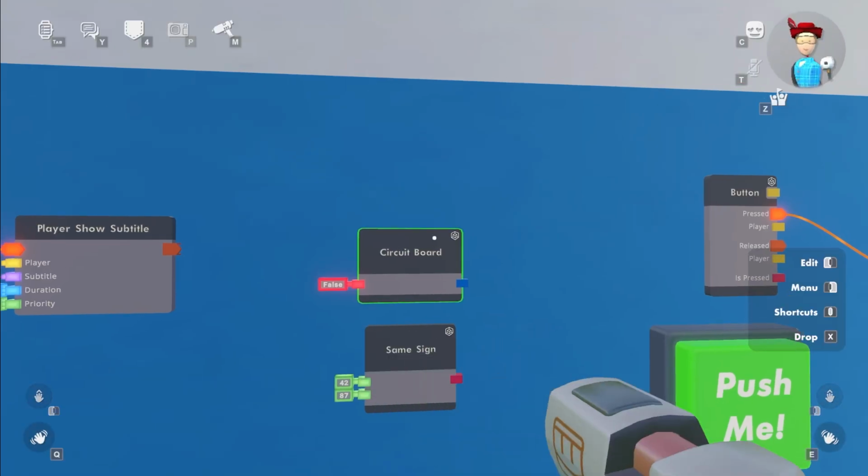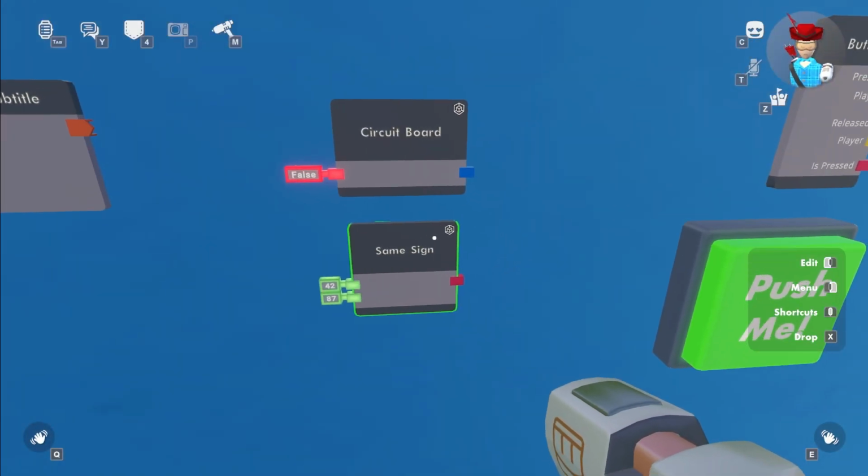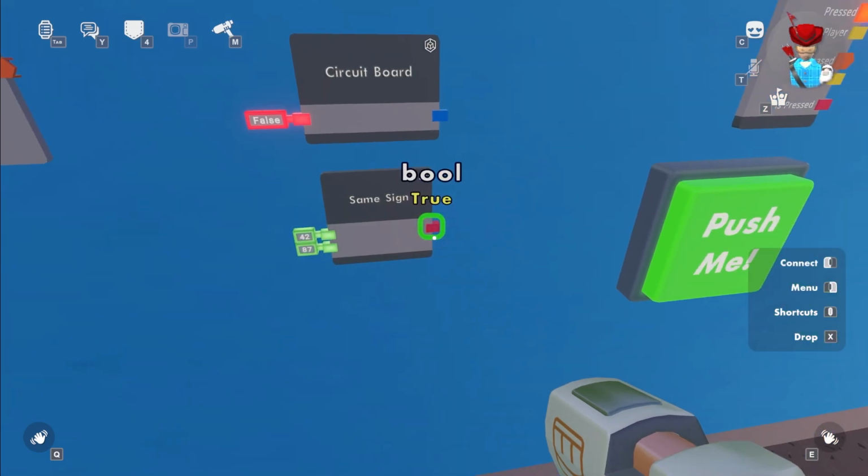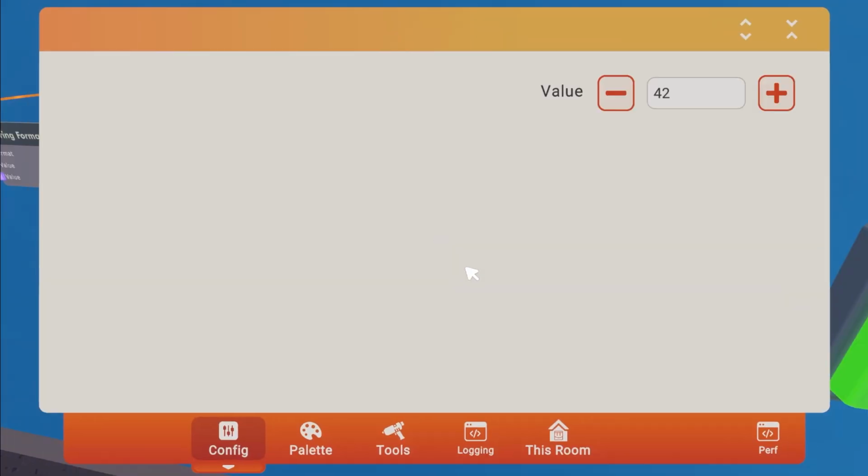As an example, I have crafted this one down here, which I've renamed to same sign. This is a circuit board that has 2 integer inputs and a single bool output, and it will tell you whether both numbers have the same sign, right? If they're both positive or both negative. You can see here they're set to 42 and 87, which are, of course, the same sign. But if we changed one of these to be negative 42,